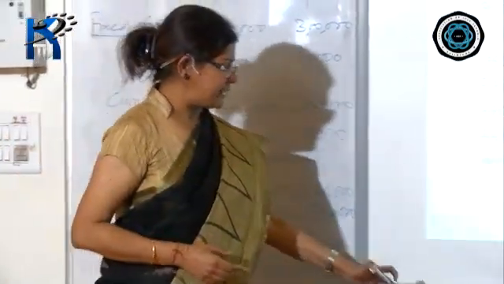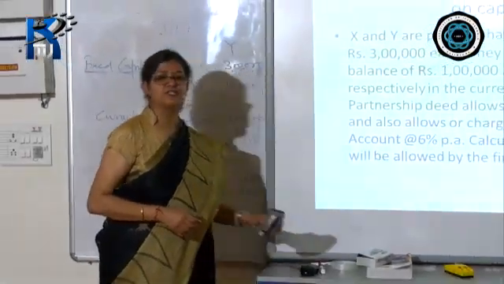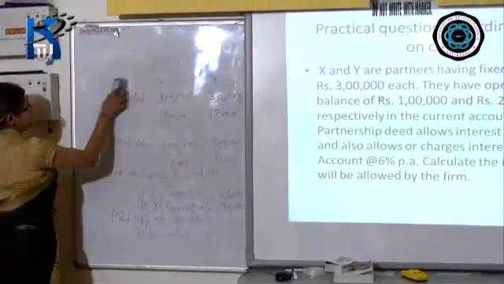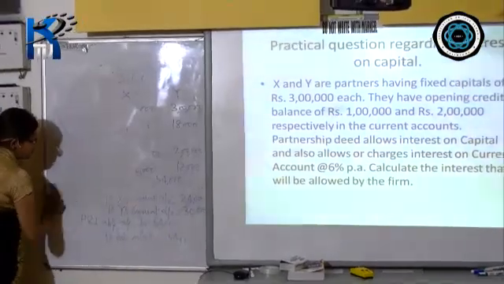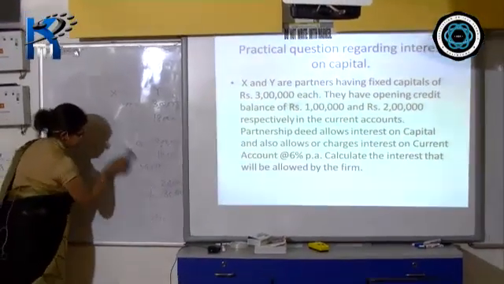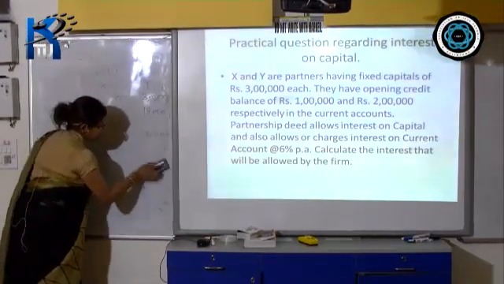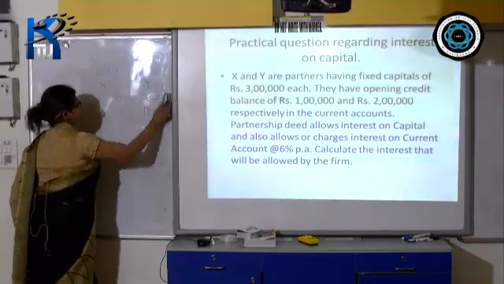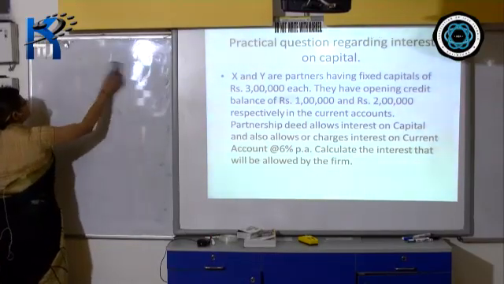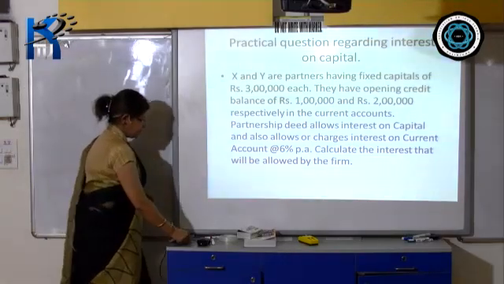So there are basic questions in your textbook. You have illustrations also. So it will be easy for you to solve these questions because if these parts are clear, making a P&L appropriation account would be very simple. Now let's move on to the next slide, which